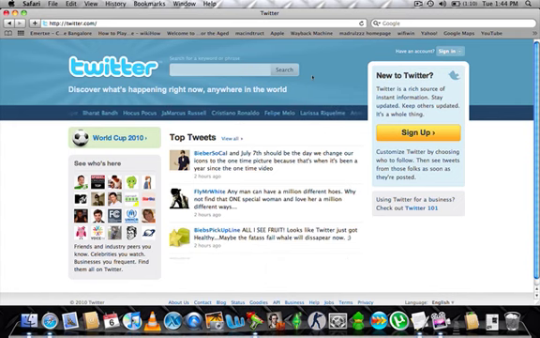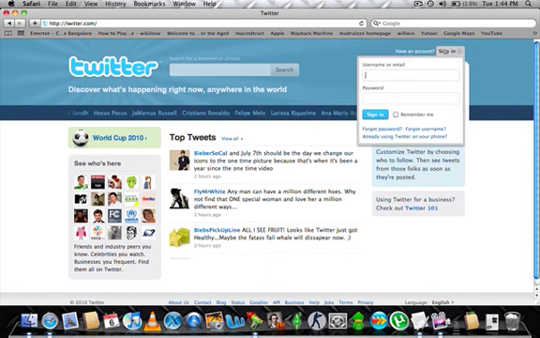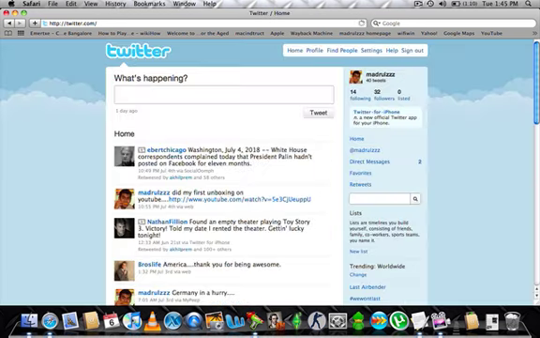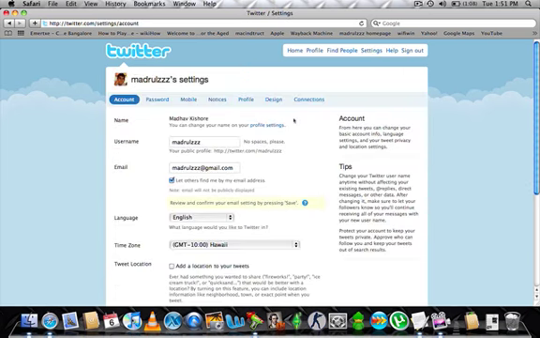Once you have done that, first sign into your primary account. Once you have signed into your primary account, go to settings. Here in the settings of your primary account, go to the mobile tab in settings. That's here.